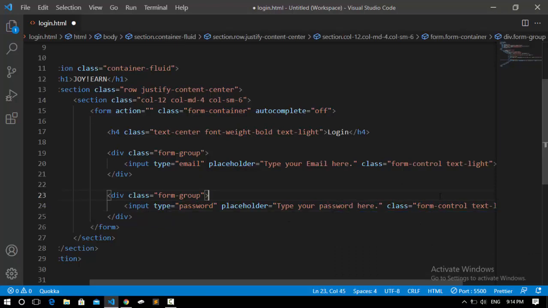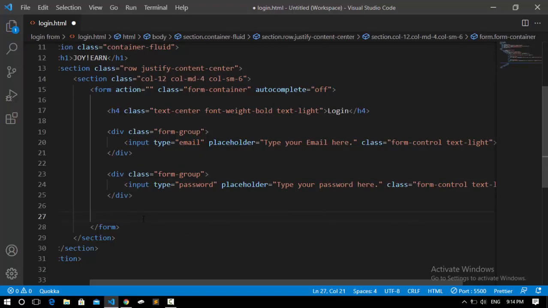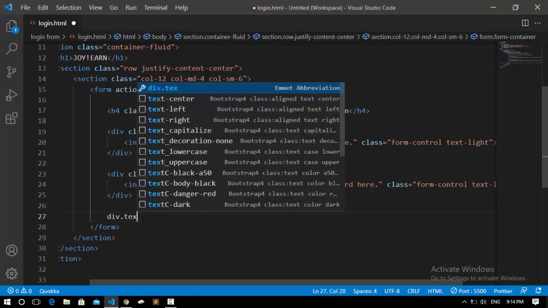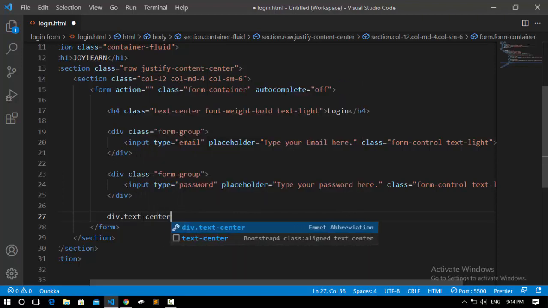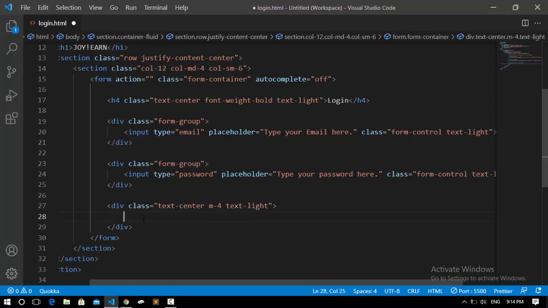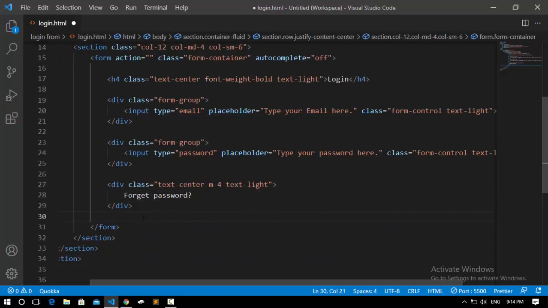We're done with that. Now after this, I'm just gonna come here and create another div, and we're gonna give it a class of forget. We're just gonna put everything to the center. So I'm gonna say text center, and its margin is going to be 4, and its text to light. Inside this, we're just gonna put forget password with a question mark, and at the end we